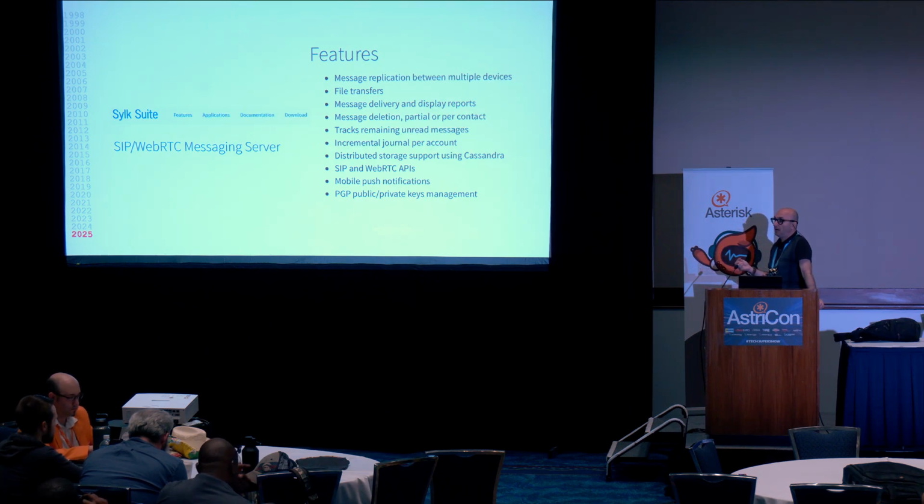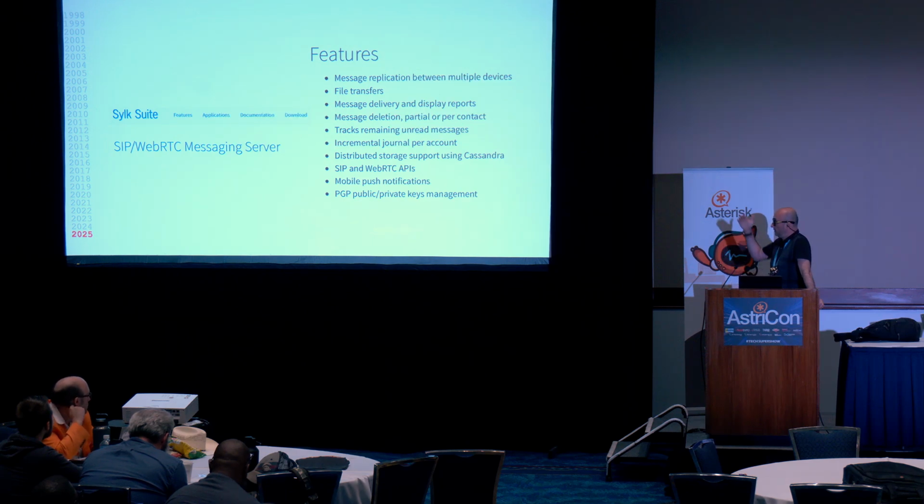engines. The one that works with zero configuration is just a JSON journal, nothing to configure, but if you want scalability, we support Cassandra, which itself is distributed, so you can have resilience on the storage of the messages for your end users with Cassandra. Works very well. So this journal keeps track of the messages for each user, also for the files. You can do file transfer as well. Again, distributed, replicated between devices.